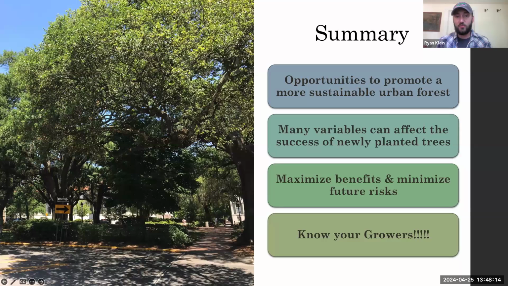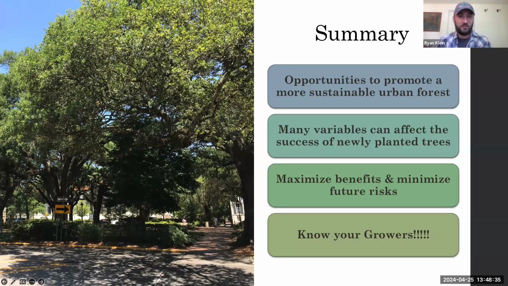And again, water and pruning are the two most important in that regard. Addressing these variables is going to help us achieve more resilient and sustainable urban forests. We're going to maximize those benefits, minimize some of the inputs from a management standpoint, and minimize some of the risks.